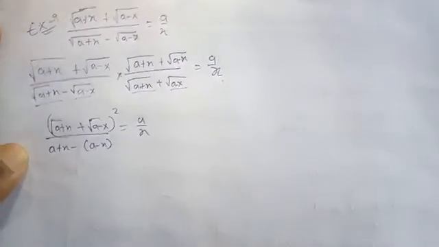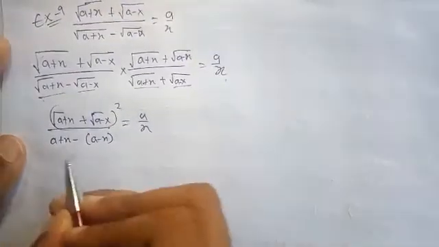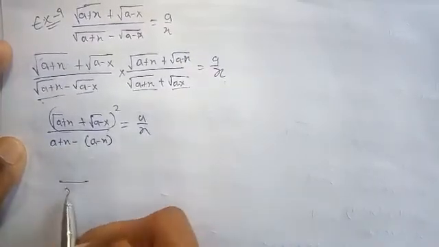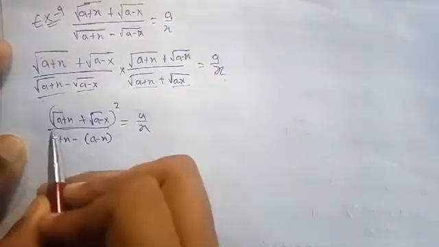I hope that's not hard for you guys to understand, right? So when I solve this, I'll be getting a and a can get cancelled out, and 2x will be left down if I open the bracket. And when I solve this,